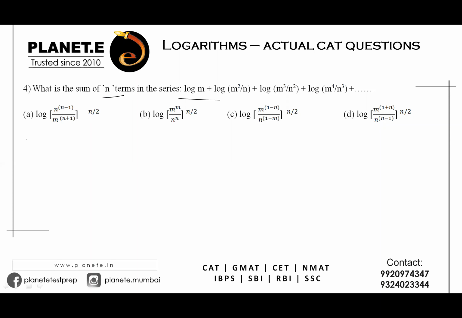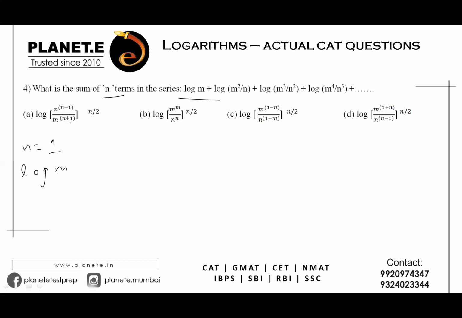So if I take n equals to 1, that means I'm taking only one term. So my series will be nothing but log m. That's it. So all I would like to do is substitute n equals to 1 and see which of the options gives me log m, and that will be my answer. If more than one option satisfies, then perhaps I'll take n equals to 2, and then I'll take the second term also into consideration. Although this question is not tough, even if you were to solve it, you can just try solving it. You'll see some natural numbers concept being used somewhere. All right. So let's see how we are supposed to target this.